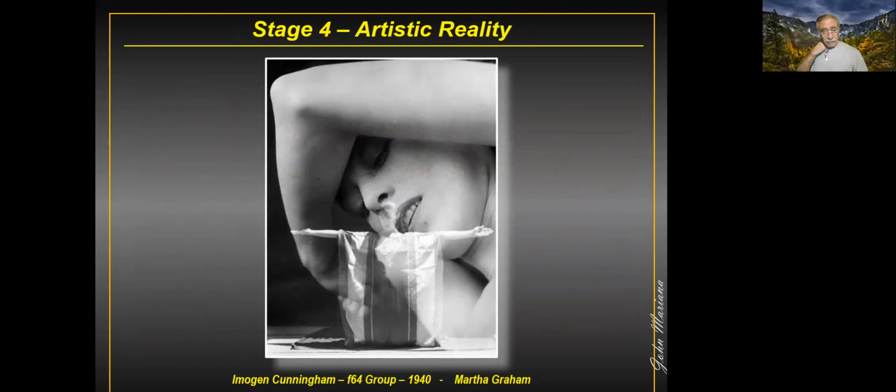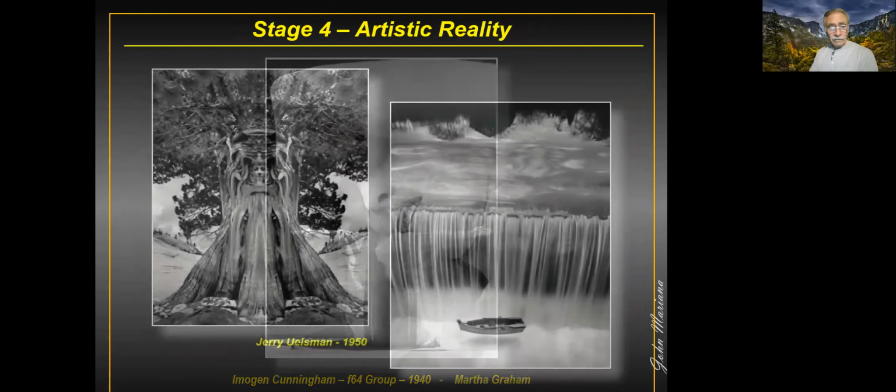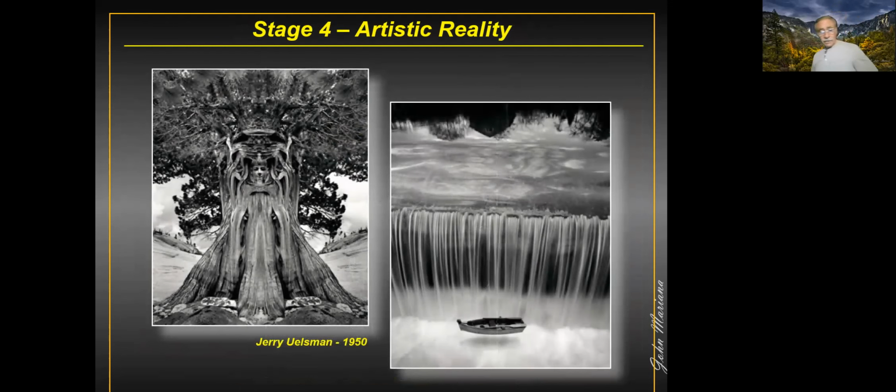Imogen Cunningham, in 1940, was part of the F-64 group, which was started by Ansel Adams. Some very famous photographers were in that group. This is a composite. Composites were created long before we even thought about that. So, a very artistic composite. Jerry Uelsmann, I really was taken with his work, and he produced these in the 1950s,